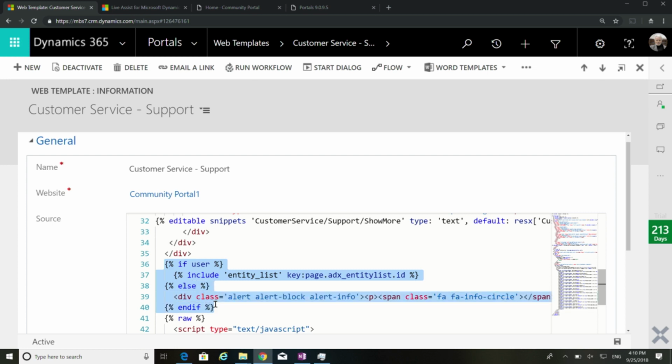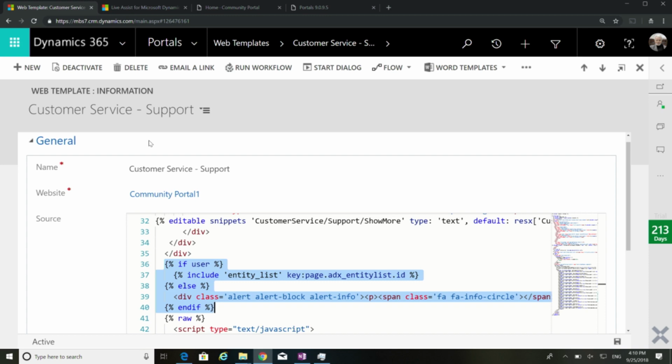There's a liquid object which is available for you, which tells you whether a user is present on the portal or not. If you use that, and it's a simple if-else condition, you can figure out whether the user is present and hide and show content based on that. It's all server-side, so it's not that someone can sneak around JavaScript and see the content there. But this is something you can use to achieve dynamic content on the pages with respect to when the user is logged in or when not.